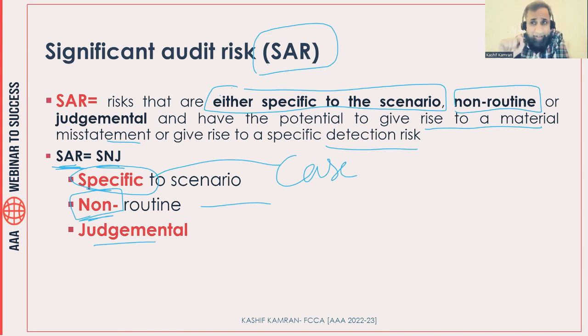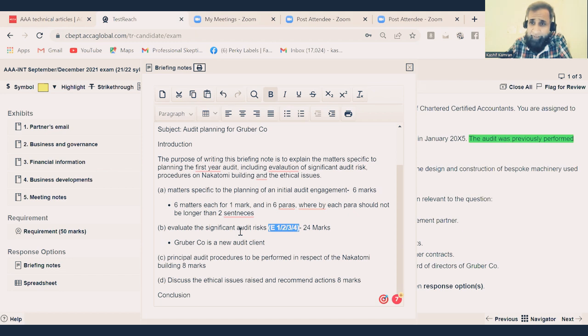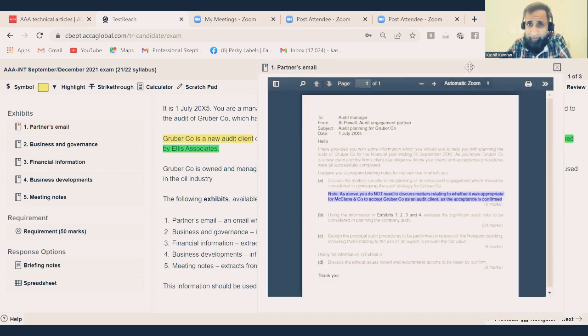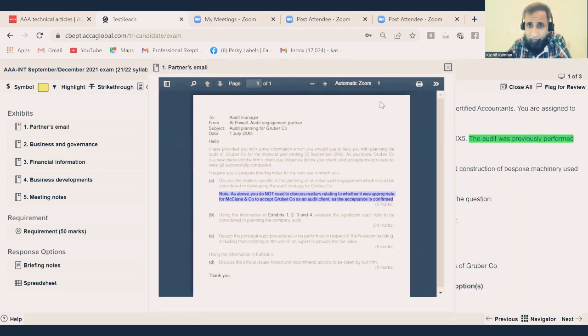Okay, so what is the examiner asking us? Evaluate the significant audit risk, right? Now, just one last thing, and we're moving towards the drilling of the answer. Let's go back to my practice platform. In the practice platform, we are evaluating the significant risk. The very first information we got from the first exhibit right in front of your screen was telling us